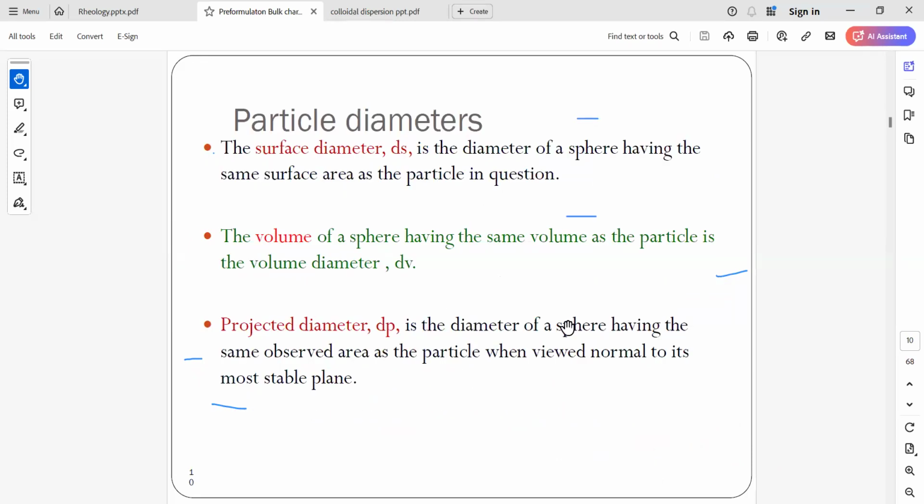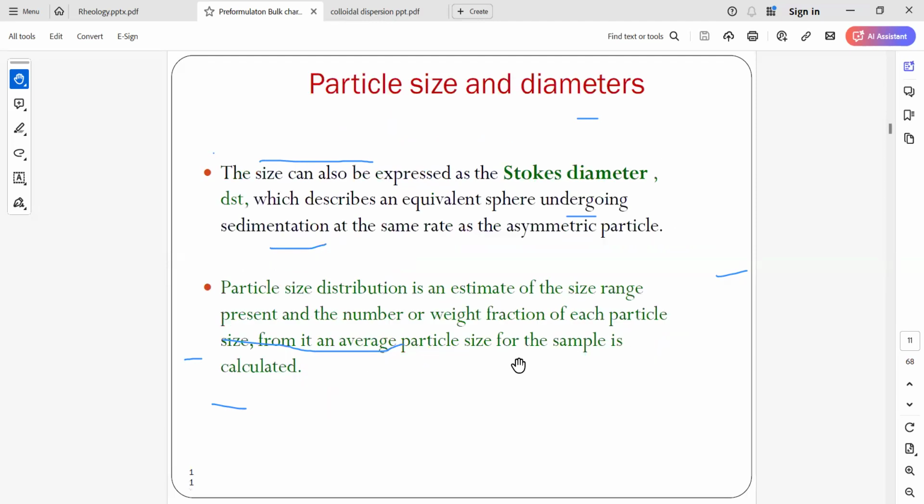So this we have discussed already, right? About the projected area diameter, then volume diameter, surface diameter. Then one more important term, which is Stokes diameter. What do you mean by Stokes diameter is that, for example, this is a spherical particle, whatever we compare it